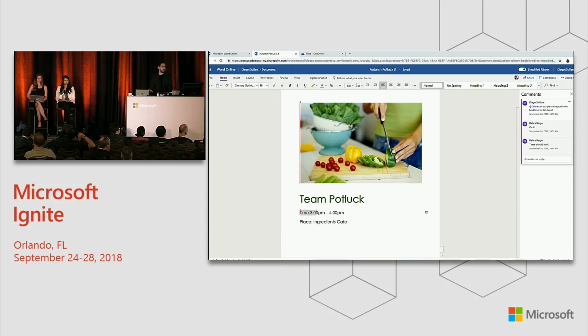This is the power of collaboration that we were talking about, specifically around working on a single file that's in the cloud, sharing via links in a way that I didn't even have to explicitly share. I just had to mention her, and she is right in the document. So that's awesome. We're going to go back and now talk about,